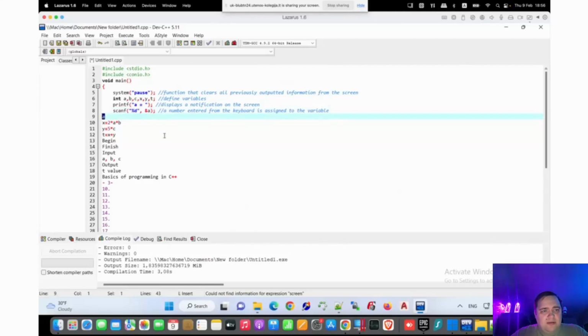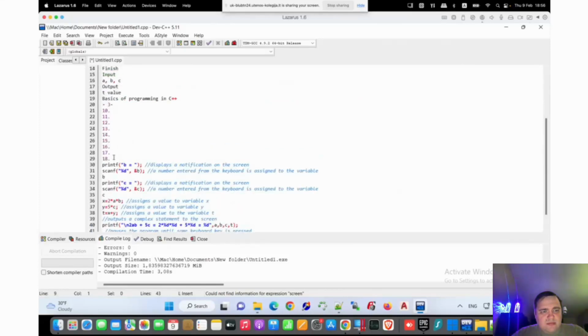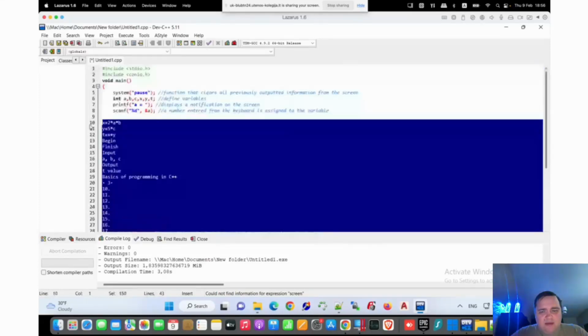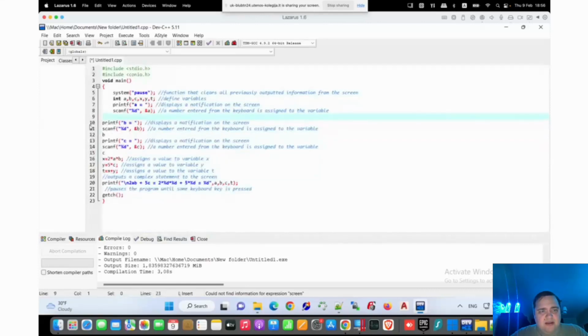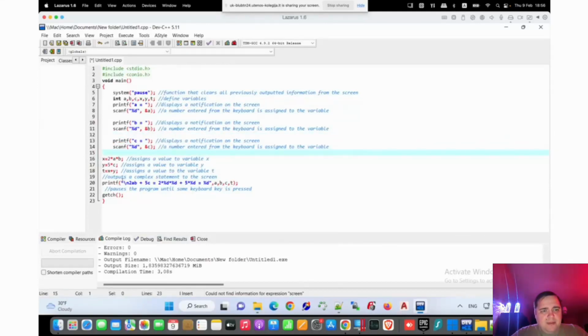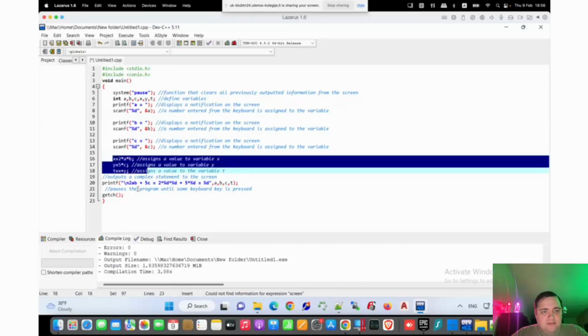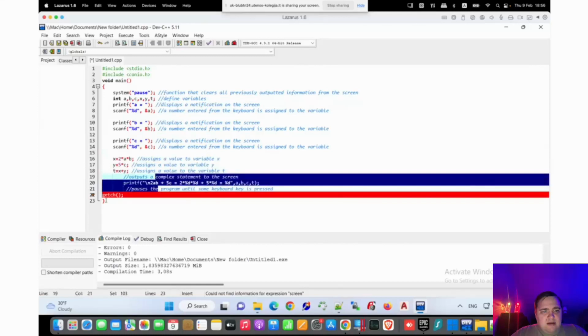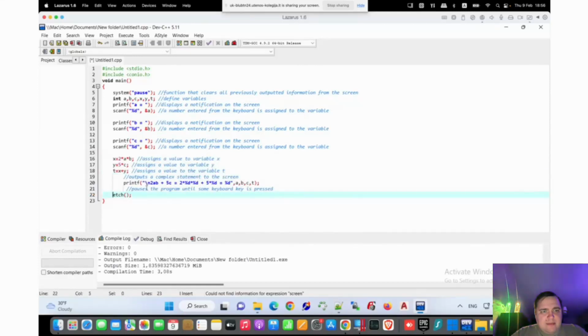Okay, so same has to go for B and C values. So B and C values. Okay. Then we have this computation. And then we have the printout that basically shows us all components of